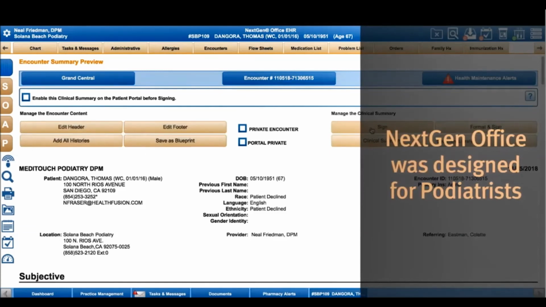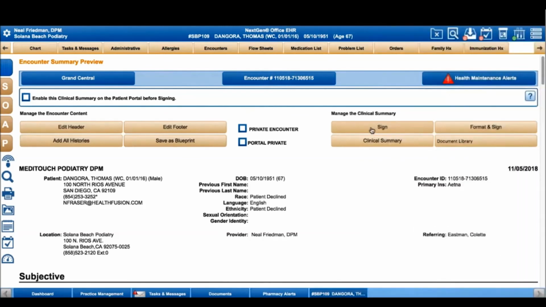NextGen Office was designed for quick, routine visits for podiatrists as well as very complex exams. We come day one with the content you need and the workflows